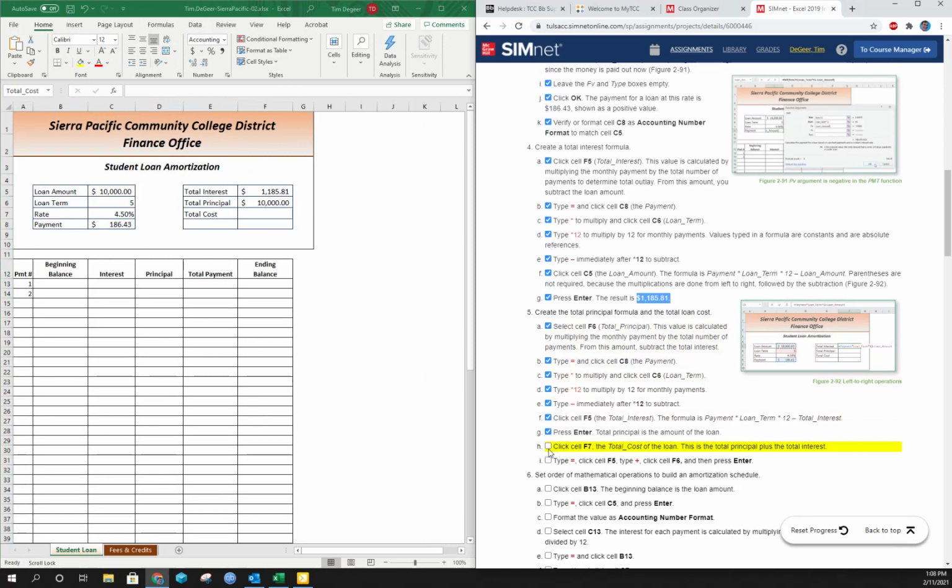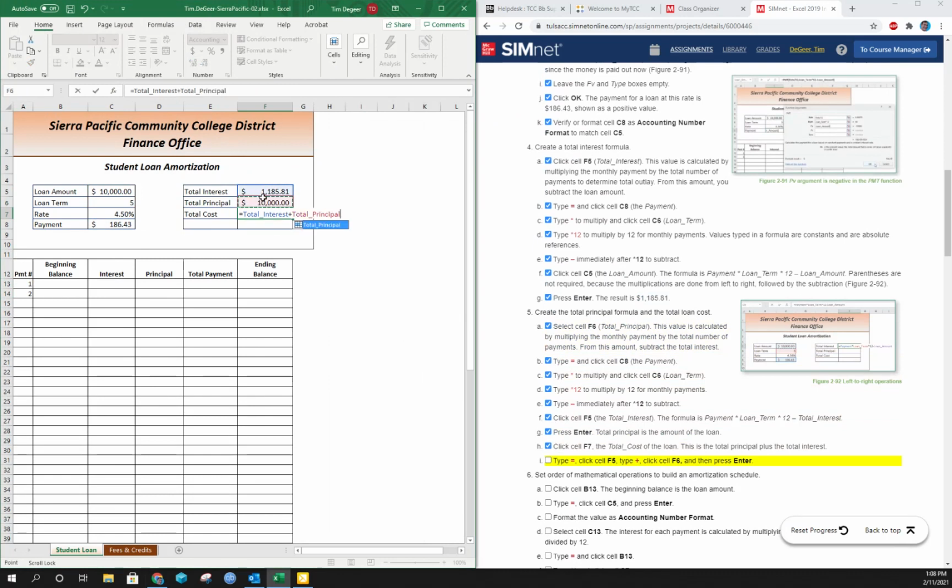And then we want to click on cell F7, the total cost. Well, the total cost, we hit equals. Now we've named these cells as well, if you'll recall. The total cost is just the principal plus the interest. So it just tells us F5 plus F6. So I click on F5, but it pops up as total interest, plus F6, the total principal. Another reason you do it this way: if somebody came along after you and looked at these formulas, instead of saying, oh, what are in these cells, now it's very clear how you came up with this. Well, I took the interest plus the total principal to give me the total loan cost of